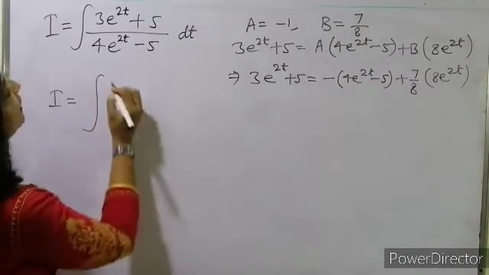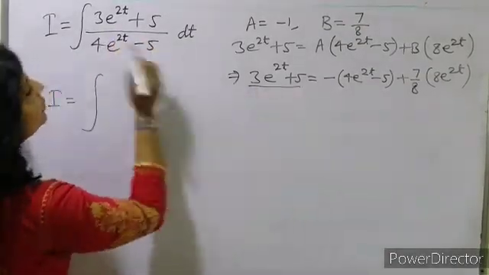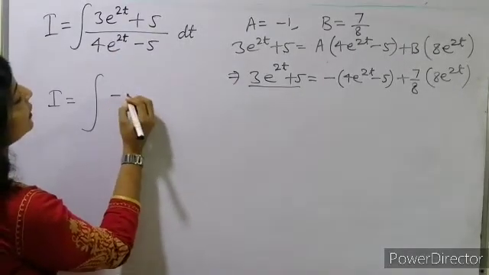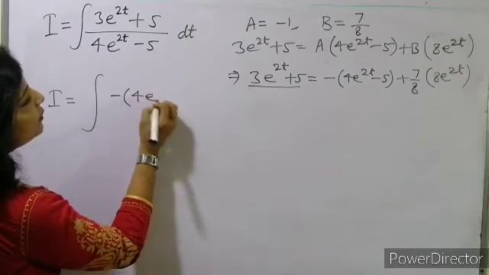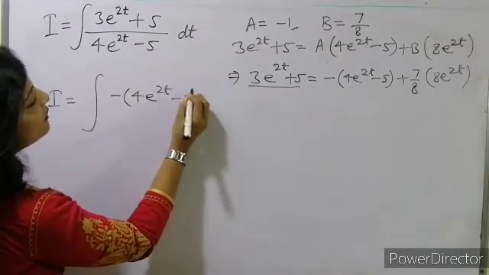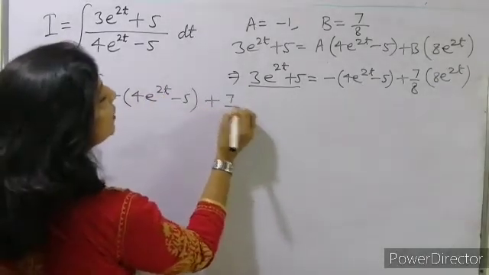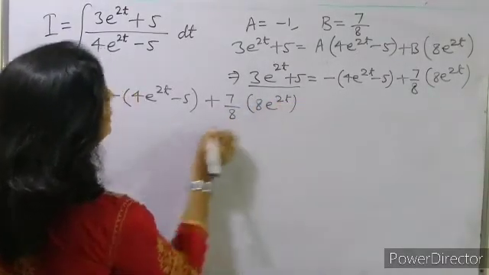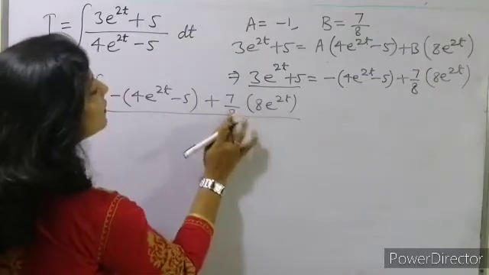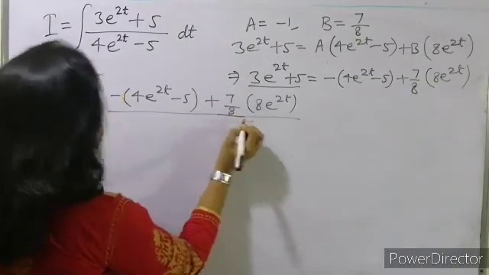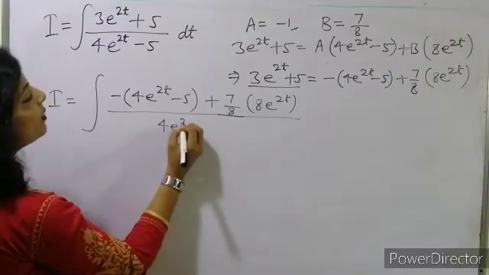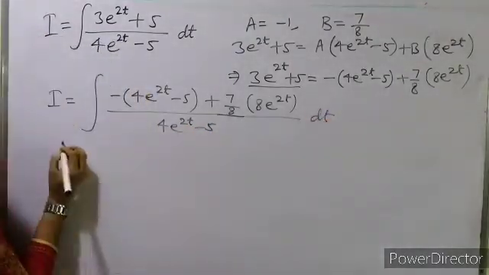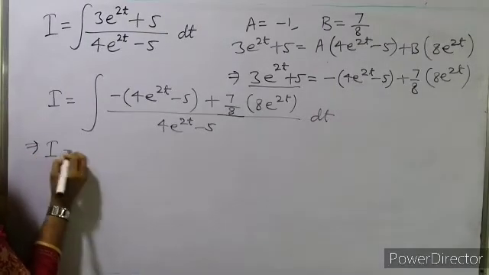The value of I will be this. The numerator we can write like this: minus 4 e to the power 2t minus 5, plus 7 upon 8 e to the power 2t, divided by 4 e to the power 2t minus 5 dt. Now what can we do? I is equal to